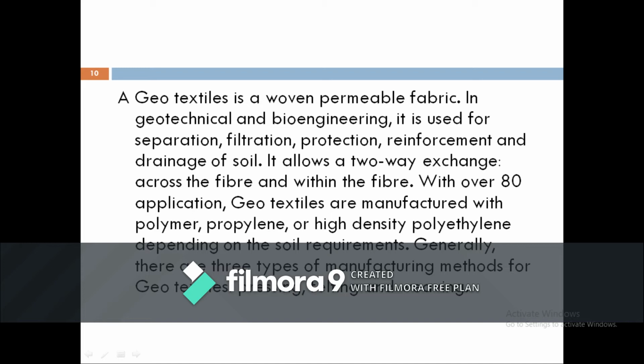So what are the three methods? Pressing, felting and then weaving. How we make our cloth, in the same way even geotextile is being prepared with many elements, but how those elements are being woven uses only three techniques. That is one, the pressing technique, when you use pressure; the felting technique; and the next one is the weaving technique.